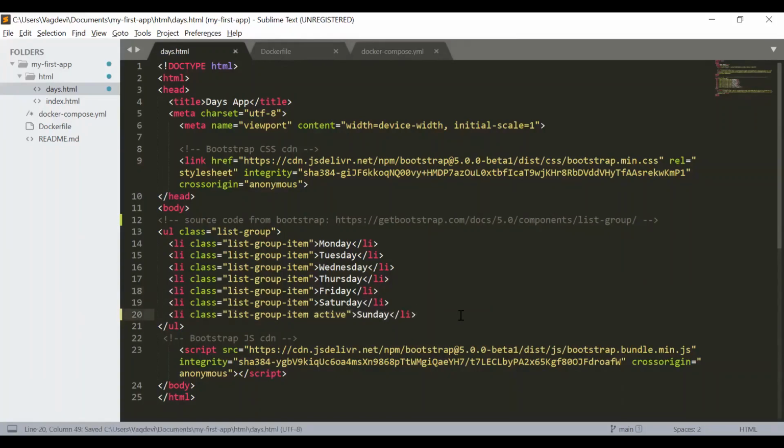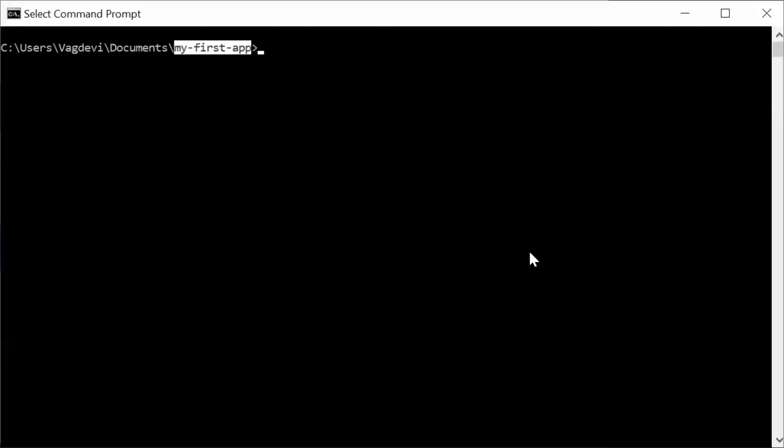Now go to the command line. Now traverse to the folder of our project. Then the command to execute is docker-compose up. Make sure that wherever this command is being executed, that particular folder contains the docker-compose.yaml file. Only then does this work. Otherwise, it throws an error. So whatever specifications are mentioned in the docker-compose.yaml file, those will be taken care of.